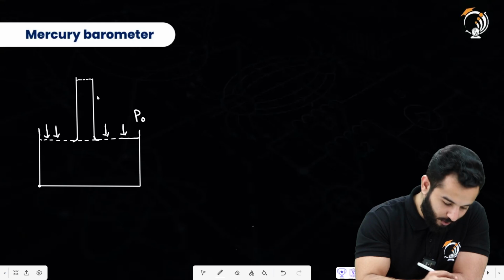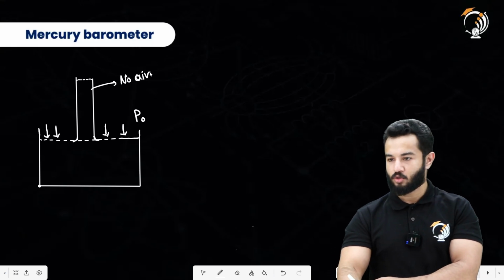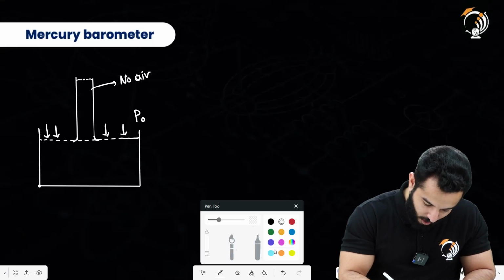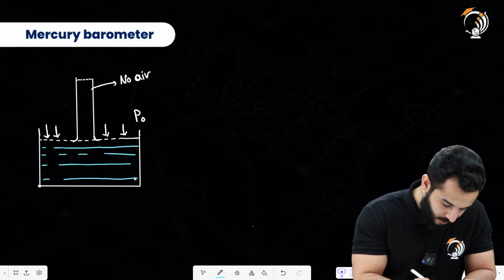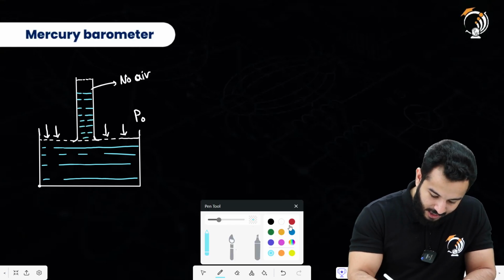So we are just assuming that there is no air inside it, no air. This is very important, right? There is no air. Now what will happen? We know that we have a fluid inside this. Now the fluid will try to ascend the barometer, and the reason is that